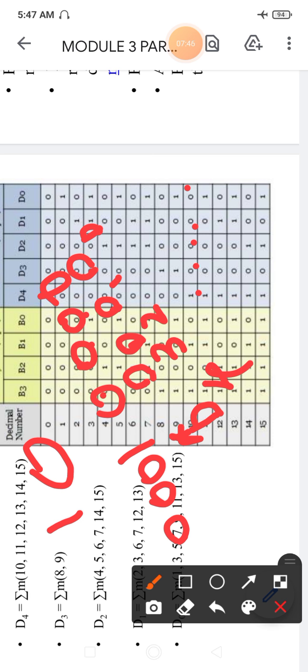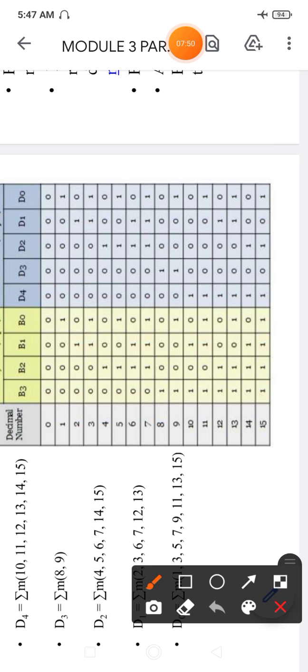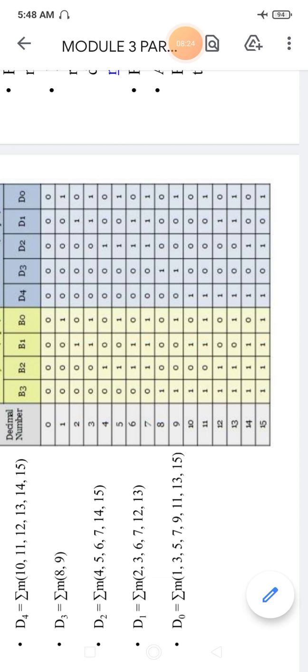Okay, fine. Next one, you can just see here the number 11. So 11 is 1011. 1011 means we can represent 1 here in D4 and 1 here also, and 12 also we can represent 1 here and 2 here, 13 1 here, 3 here, 14 1 here, 4 here, 15 1 here, 5 here. So like this we can write down the BCD to binary to BCD code converter.